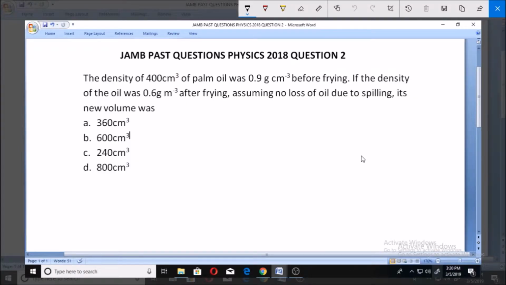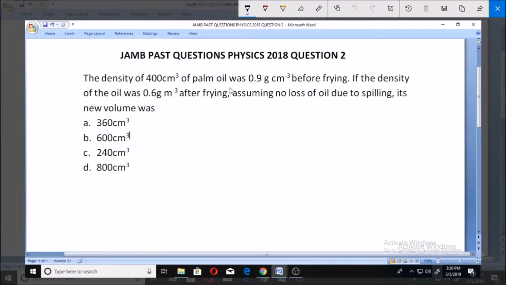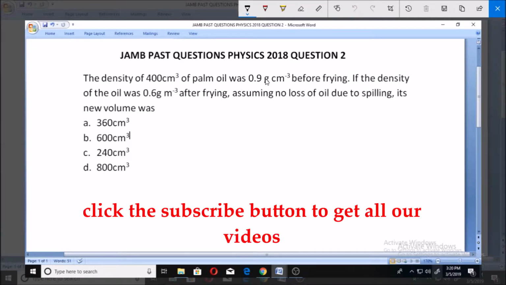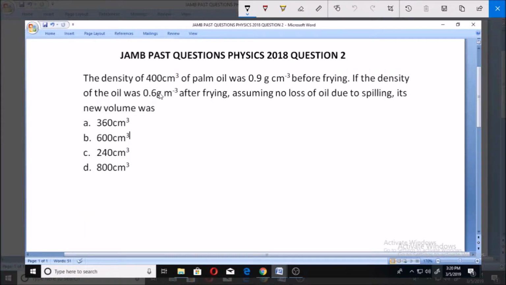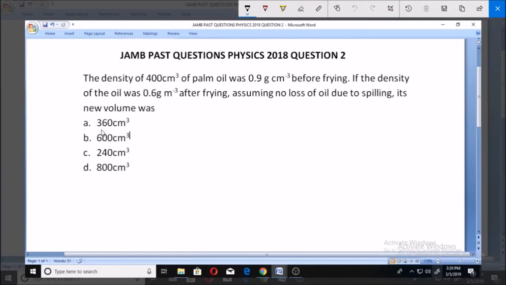Hello, welcome. Let's look at this JAMB past question for physics 2018. Question number 2. The density of 400 cm cubed of palm oil was 0.9 gram per cm cubed before frying. If the density of the oil was 0.6 gram per cm cubed after frying, assuming no loss of oil due to spilling, its new volume was